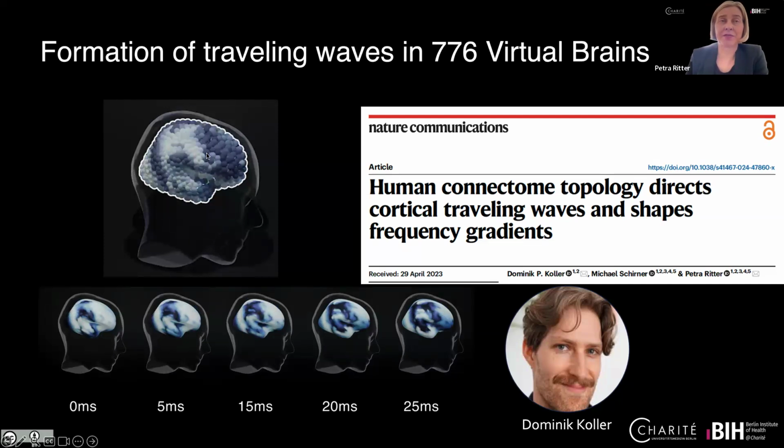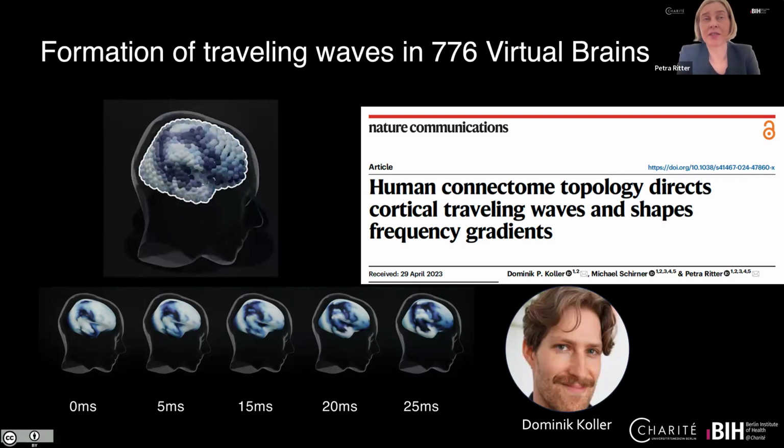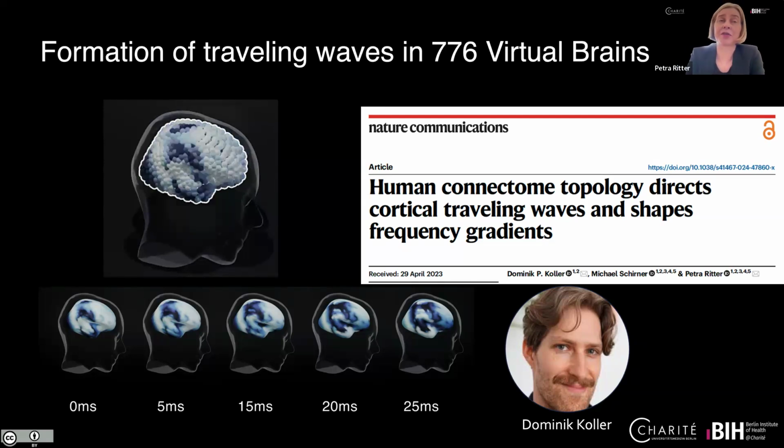You see here these wave fronts that travel across different brain regions, and a wave front can be a line, a tilted line, or a circle. At the wave front we have synchronization. The state of the neurons is synchronized at the wavefronts, and it is therefore so interesting for us to understand how these wavefronts are being generated in the brain, because synchronization of sometimes distant brain regions is the basis for learning, memory formation, and plasticity.